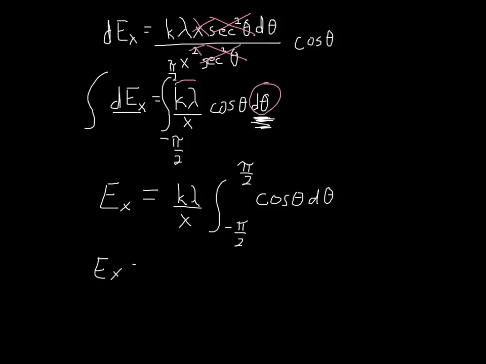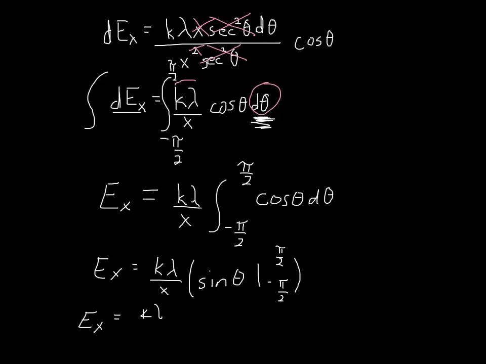So Ex is equal to k times lambda divided by x times sine of theta from negative pi over 2 all the way up to positive pi over 2. I do that integral, I plug in my variables, and I'm going to find that E sub x is equal to